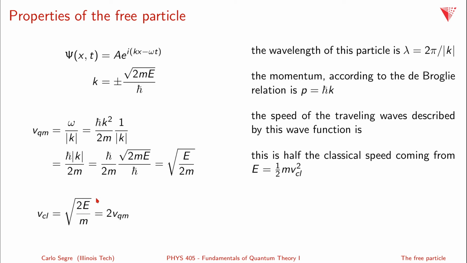But this is just twice the value of the quantum mechanical. So we have two different values for the velocity. The wave that solves the Schrödinger equation moves twice as fast as the particle would actually move in a classical